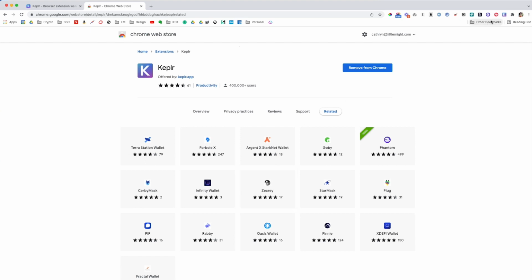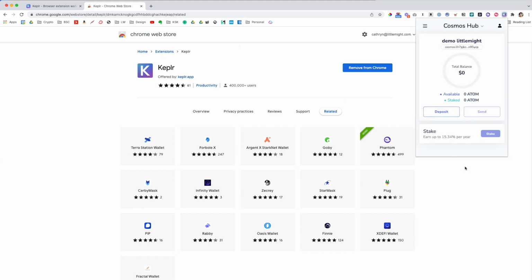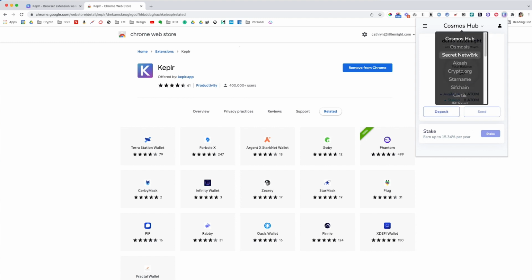All right, the extension is done. So currently, the wallet is all set up. I can send to this address if I wanted. So up here, you can see a drop-down menu, and essentially these are different networks that all connect through the Cosmos ecosystem. So the Cosmos ecosystem is a series of different blockchains which connect together. So it's basically a layer 0, and these blockchains are built on top of it. So they all are used for different things.